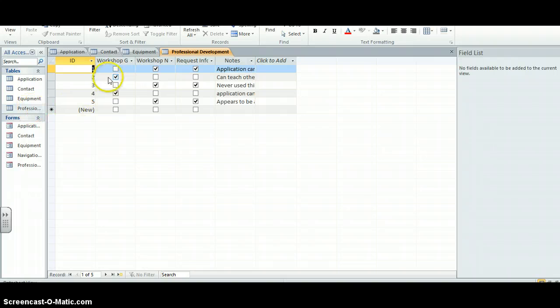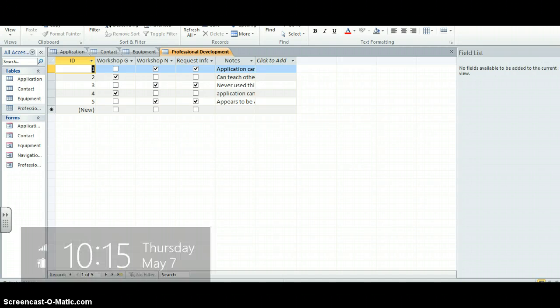And professional development talks about the actual applications, because a lot of the teachers in the building have never used the applications, so it would be very beneficial if they could learn from each other after using the application themselves. Okay, so if we go back